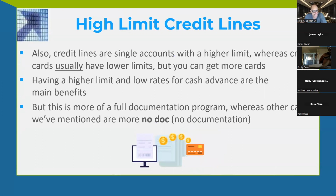High limit credit lines. Also, credit lines are single accounts with a higher limit, whereas credit cards usually have lower limits, but you can get more cards. Having a higher limit and low rates for cash advances are the main benefits. Okay. But this is more of a full documentation program, whereas other cards we've mentioned are no